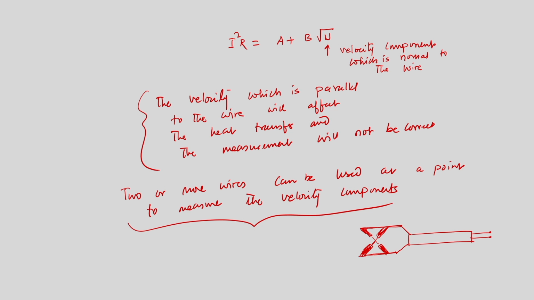I am not going to discuss in detail the hot wire and hot film measurement techniques that we have discussed in the context of flow measurement. So, next we would like to see how we can use this hot wire anemometry to calculate the flow velocity in the area of turbulent flow.